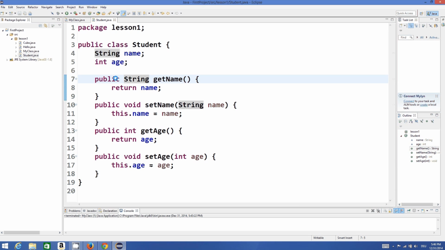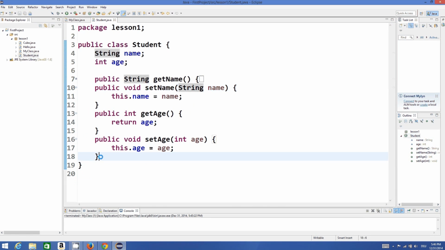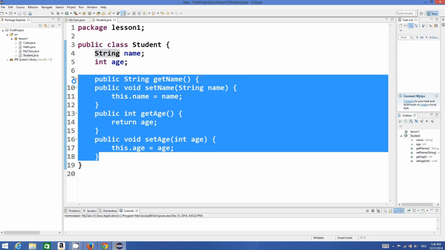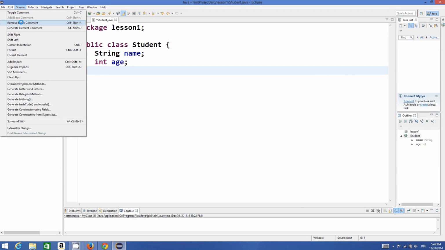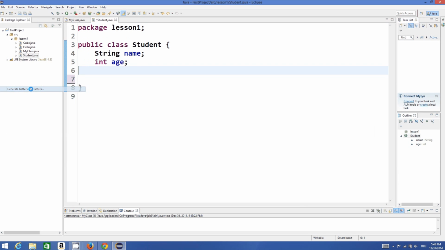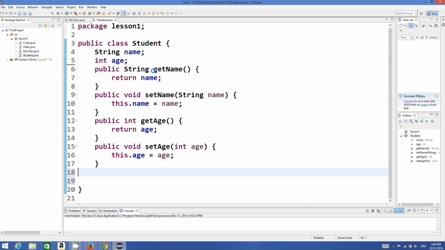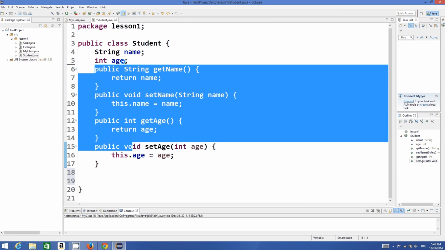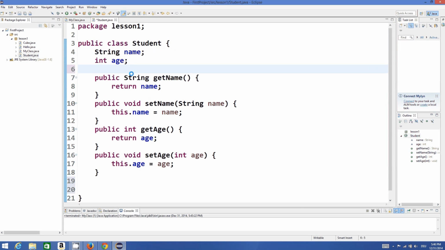class variables. Okay, so if you don't know how to make these getter and setter functions, they can be made automatically. So just go to your class and go to Source, and in Source you will be able to see Generate Getters and Setters, and in here just select all and click OK, and your getter and setter methods for age and name will be generated automatically by Eclipse for you. Okay, so